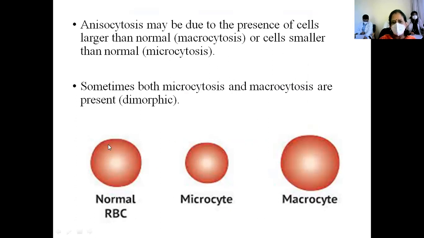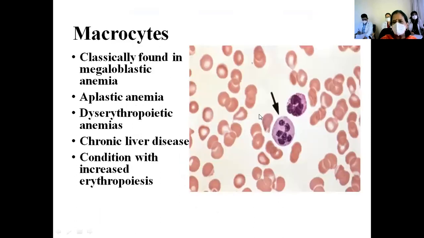Now, there's a normal RBC, that's the standard. You're seeing this RBC, which is smaller, a microcyte. This is larger, macrocytes. I don't think macrocytes are very evident here, but they're found. In macrocytic anemia, you classified them yesterday based on the bone marrow, whether it is megaloblastic bone marrow or normoblastic. For undergraduates, let us talk about megaloblastic bone marrow. So the cell is large.